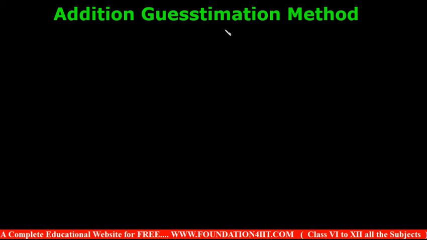Addition guesstimation method. In this process, without doing normal addition, you get an approximate answer with at least 1 to 2% error, rather than the exact answer. This is a good way to make life easier when the numbers are too long to remember. This technique can be applied especially in the supermarket and normal general stores, when you are adding without a calculator, to guess an approximate near value. Let us see a few methods now.